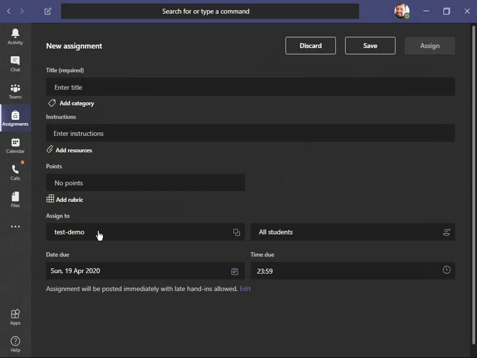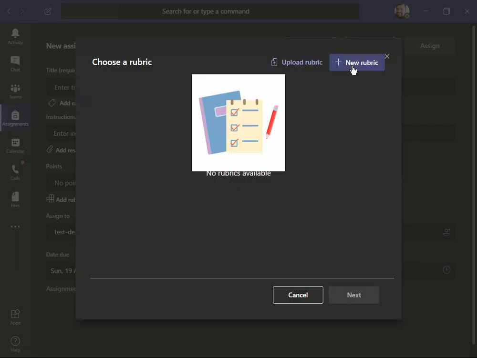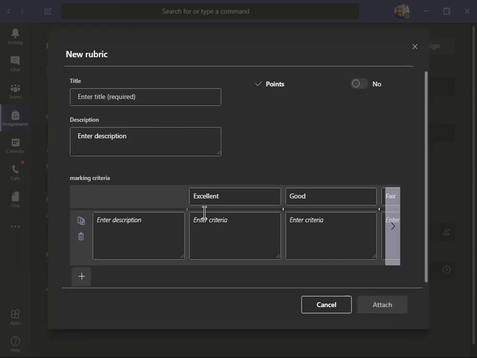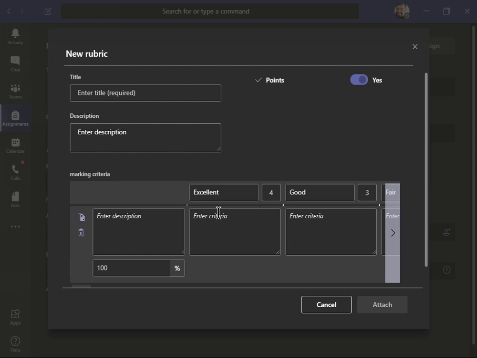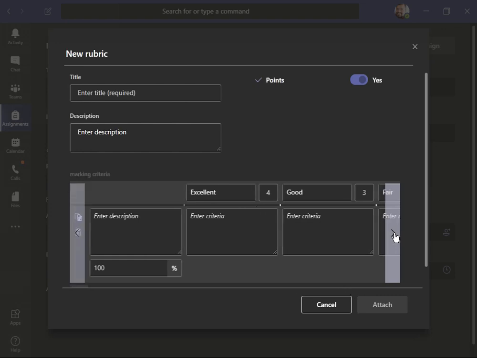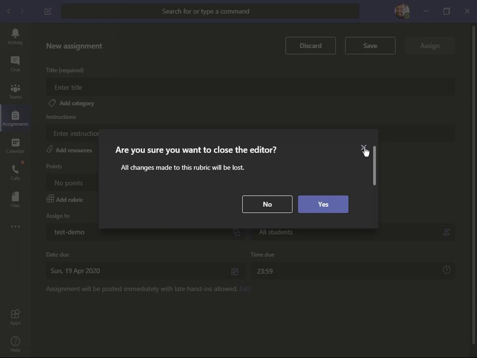Once you attach the file, you can even give the points, the maximum points that you want to give, and if you created a rubric for the points, you can add the rubric. You can create a new rubric, save it, and tell how many criteria you want and what the criteria are. You can even make the rubric into points, so it will allocate points for every criterion that you give in the rubric. So this option is also available, and it is pretty useful.